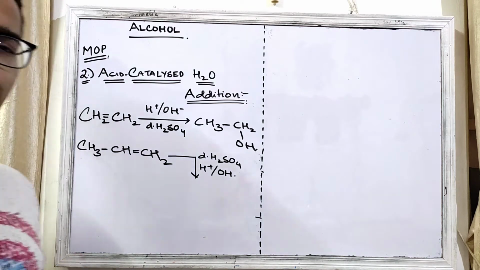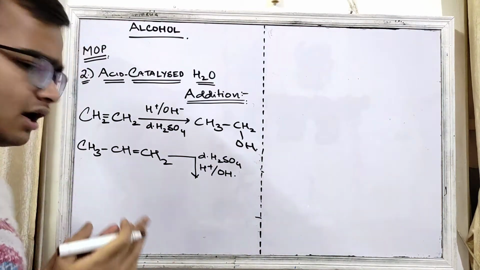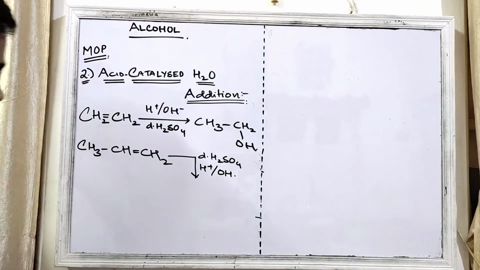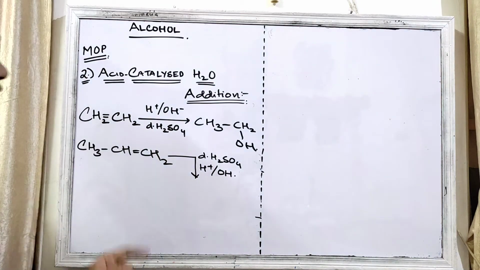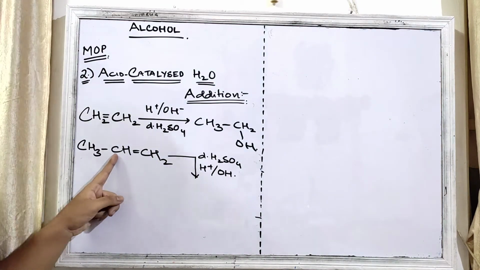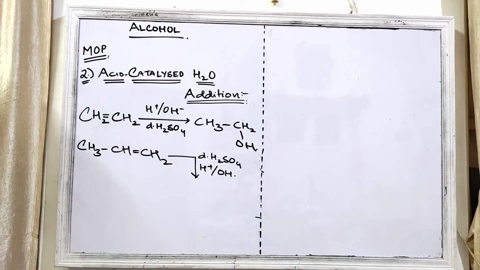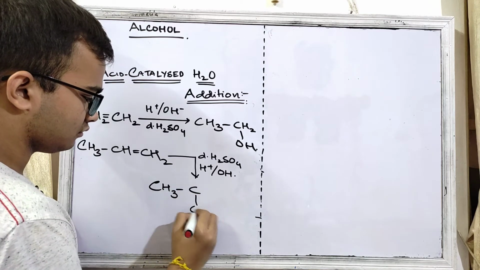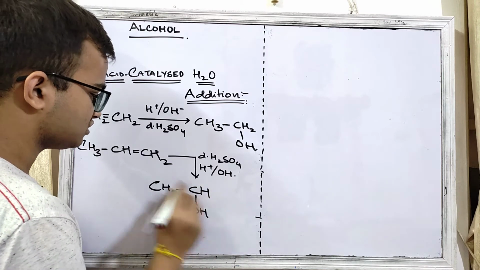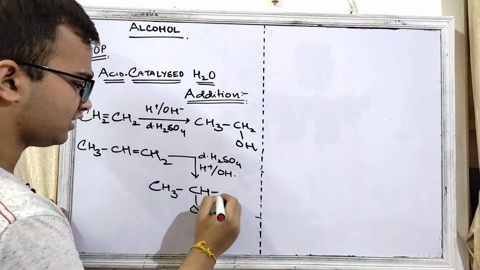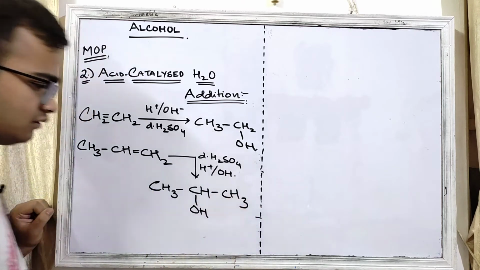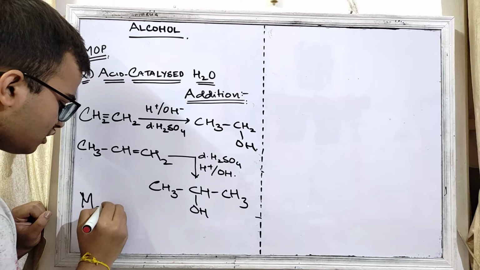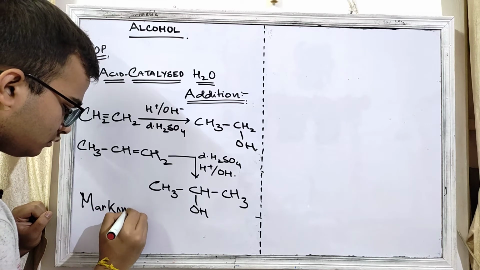Now here the Markovnikov rule is being followed, which says that the carbon with the lowest number of hydrogen will get the OH. So according to this Markovnikov rule, OH is being added over here, right? See, this is the carbon with least number of hydrogen, right? So let's write like this: CH3 COH H, this double bond is opening, right? And we are getting here CH3, right? And the rule which is followed over here is called Markovnikov rule.